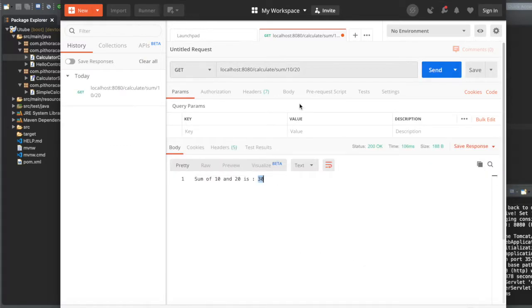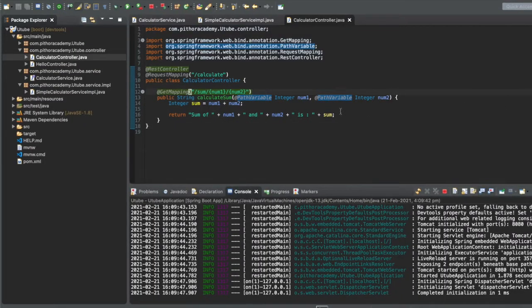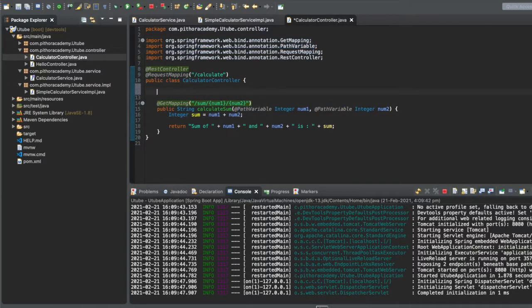So it's working fine. Let's change it to 200 and make it 150. Then it should be 350. Now it's working fine. Let's change it to minus 50. Then yeah, it is working fine for all the conditions. Now we will add dependency injection over here.